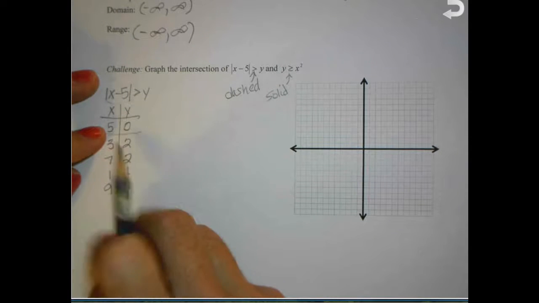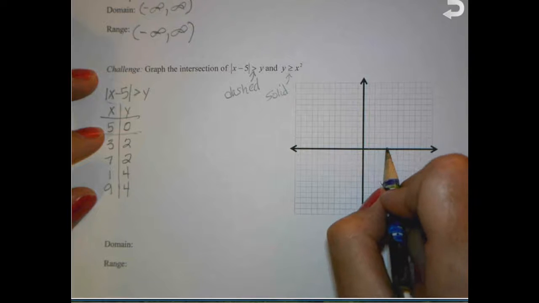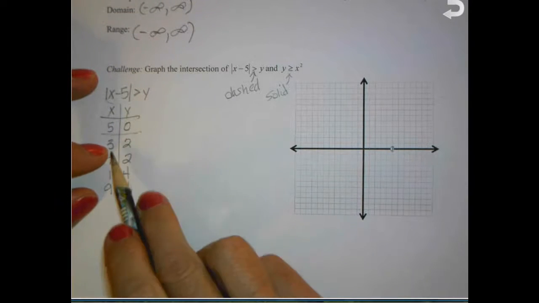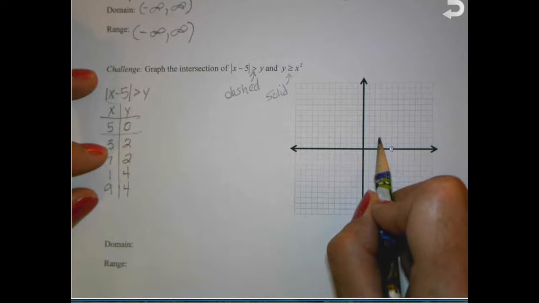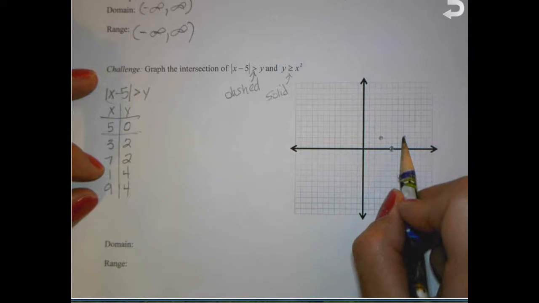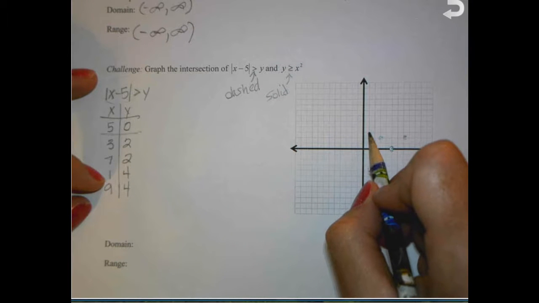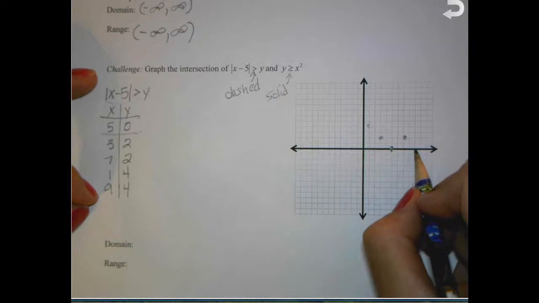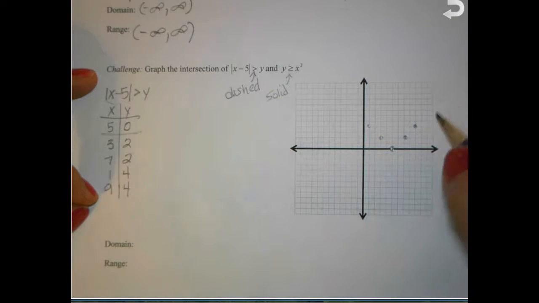So if I graph this, if I go over to 5, 0, 1, 2, 3, 5, 0, and then 3, and I'll go up 2, 7, up 2, 1, up 4, and 9, up 4. Now you can see the V shape,